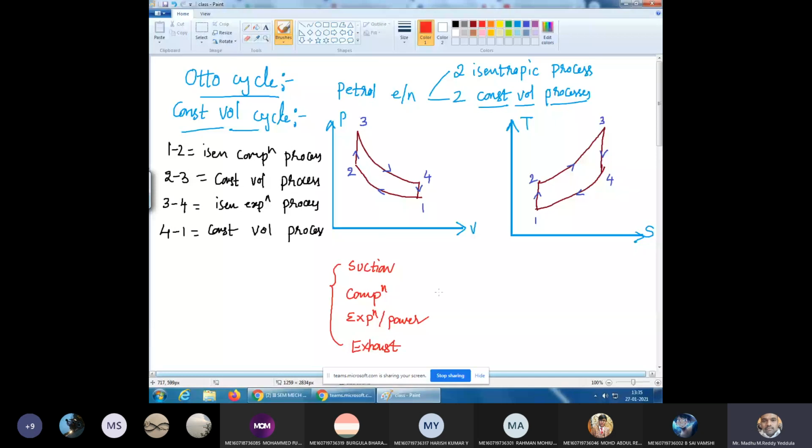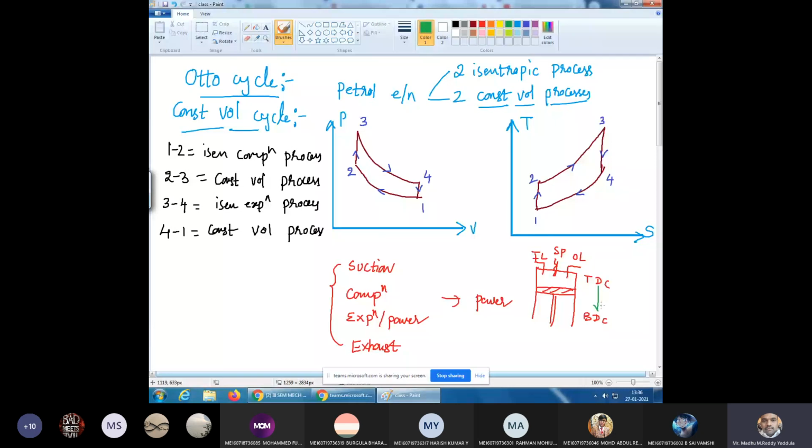Okay, right. So usually, if you see piston cylinder arrangement, so this is the cylinder. Inside the cylinder, you have the piston. It will reciprocate. Here I have inlet valve, outlet valve, and spark plug. This is top dead center and bottom dead center. So during the suction stroke, piston moves from TDC to BDC.